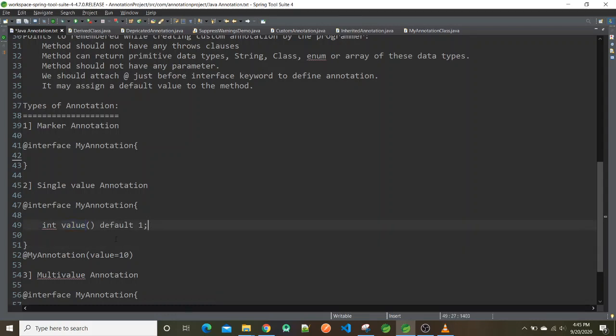To access this annotation, you write @MyAnnotation and whatever the method name is given, the same name you have to use. If you don't want the default value, you can specify your own value and write it above the class or above the method.